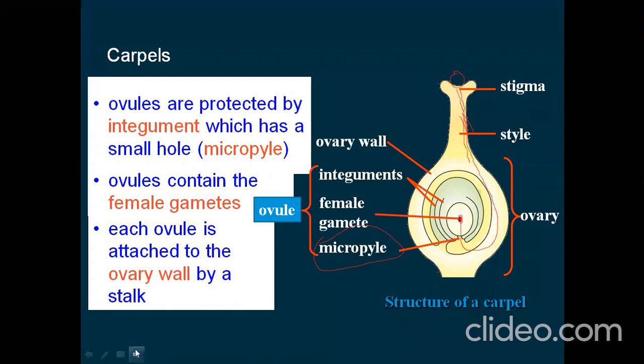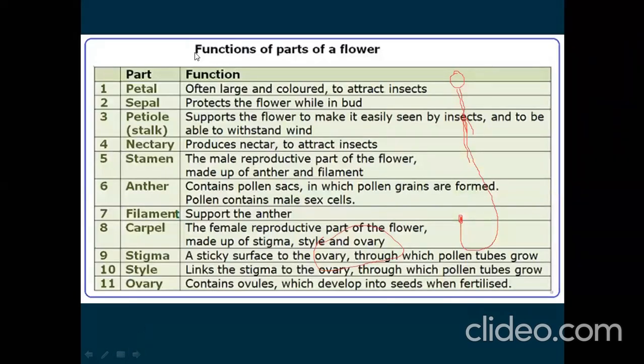Right? Okay, so let's review the functions of the parts of the flower: petal, sepal, petiole, nectary. The stalk supports the flower to make it easily seen by insects. So you know, the stalk that is attached to the flower is called what? Petiole, and able to withstand